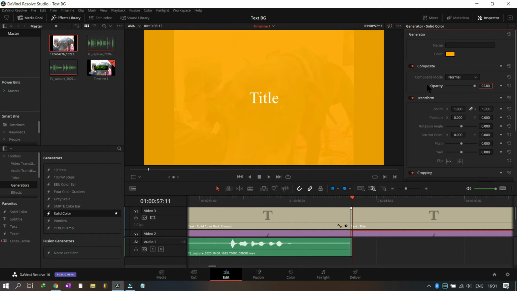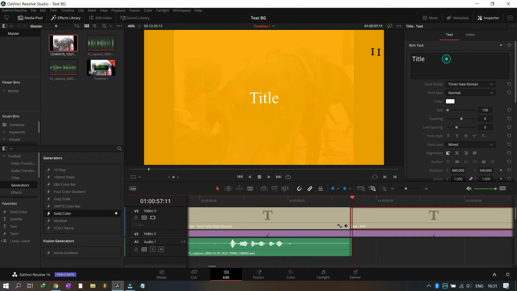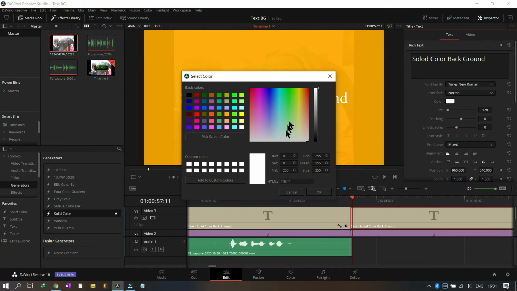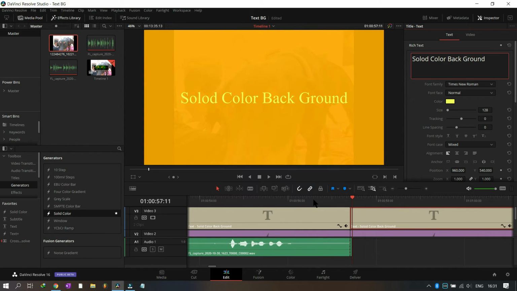In the text you type whatever you want, and you write solid color background. Now see, this does not look very good, and supposing you want to give yellow color to the font, it will just look horrible. And out here you can decrease the size of the font like this, and oops, there is a mistake, so SOLID, and so this is how you decrease the size or increase the size of the font.